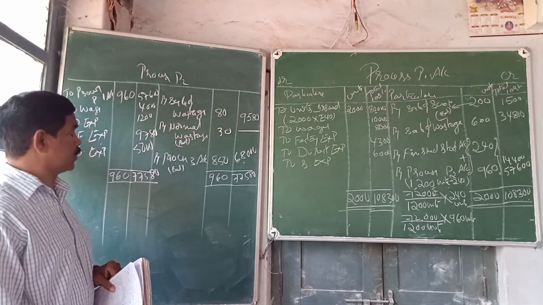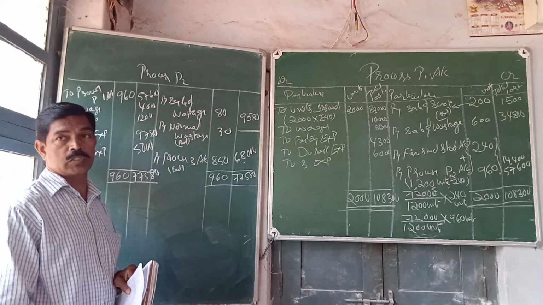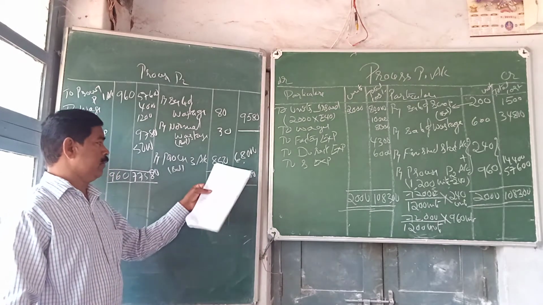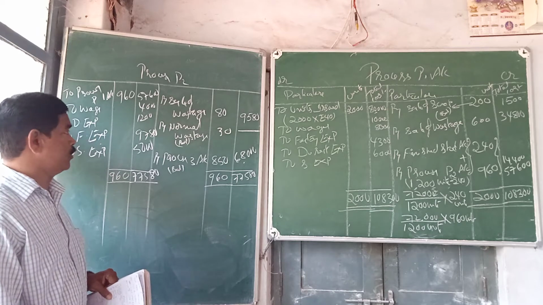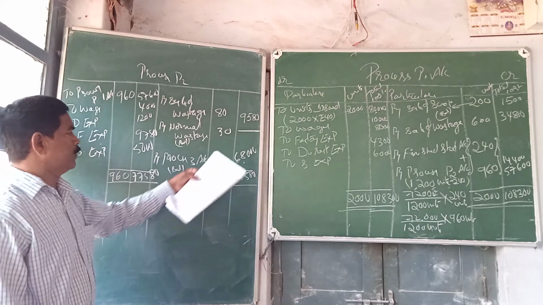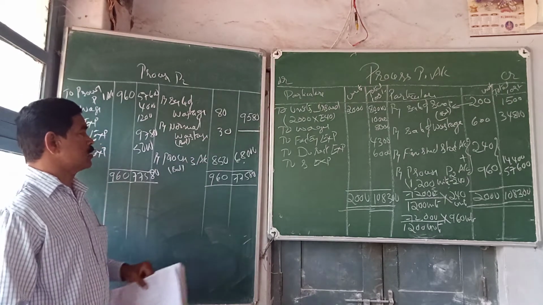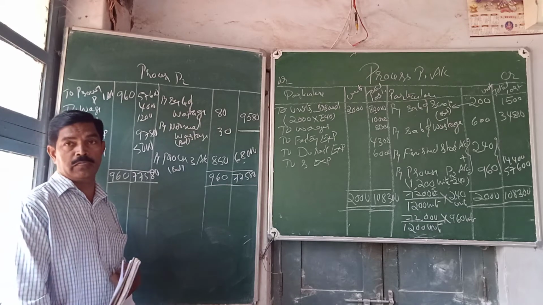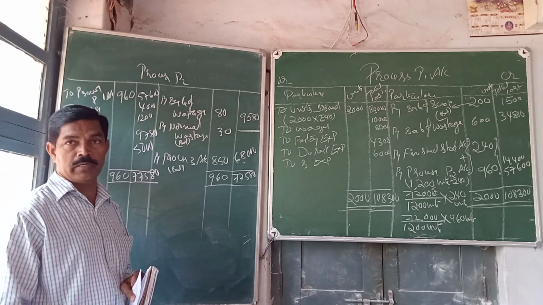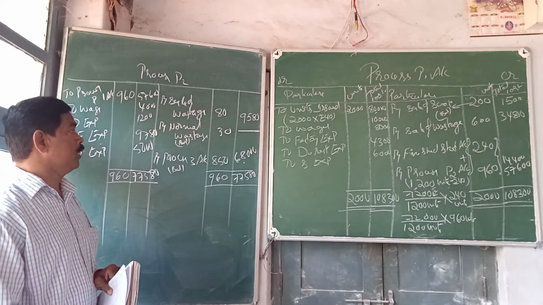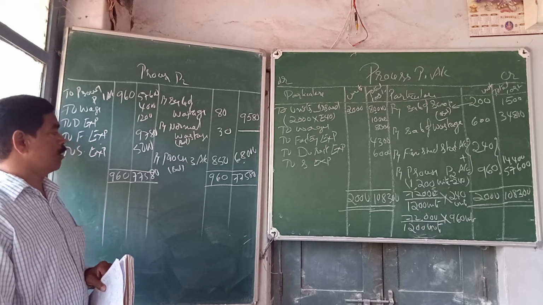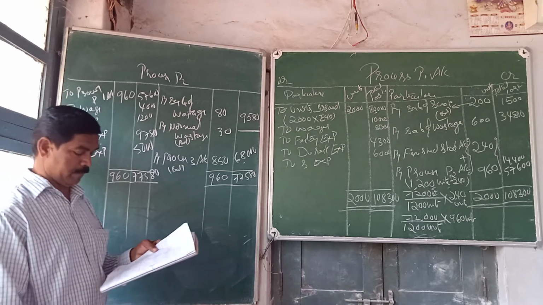Then process 3 account, the output of process 2 is 850, the entire output transferred to process 3 account. For that 850, you have to enter in the units column. Now we have to total the units column, 960, 960. Then there is a 30 balance or difference in the units column. 30 is nothing but normal loss. For the normal loss, if the value is given, then only we have to enter the normal value. Otherwise, we have to keep it nil. Now, the difference of the total column, 68,000, is the value of process 3.